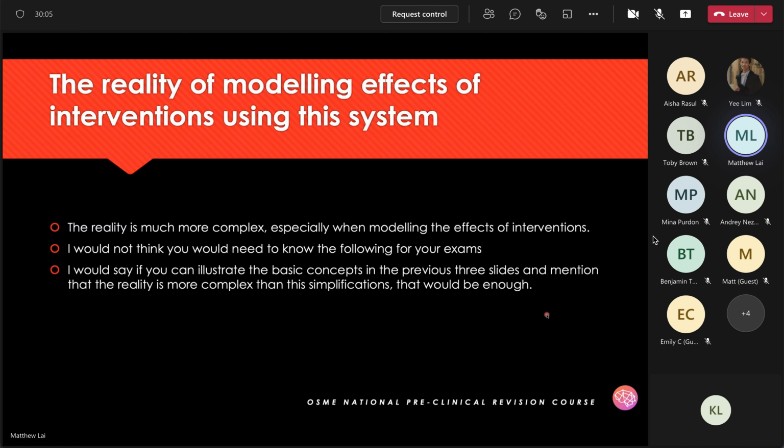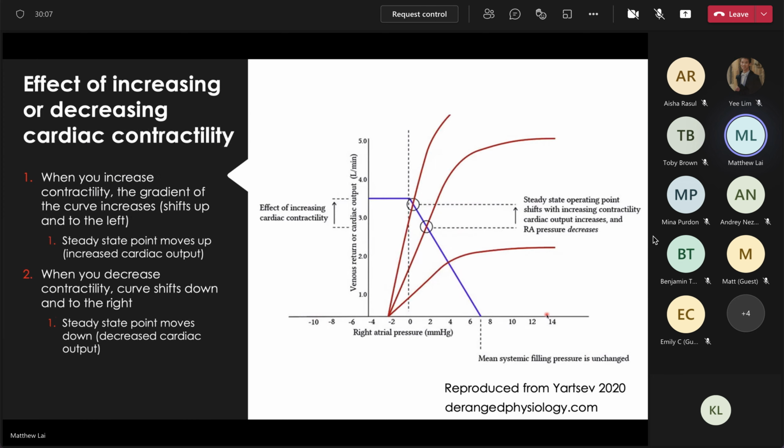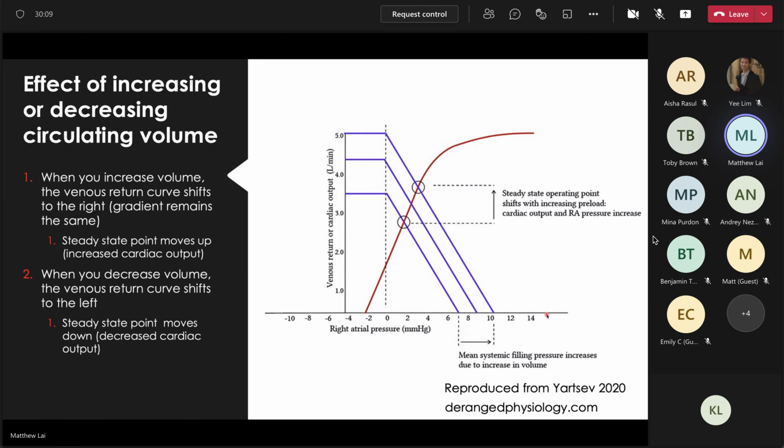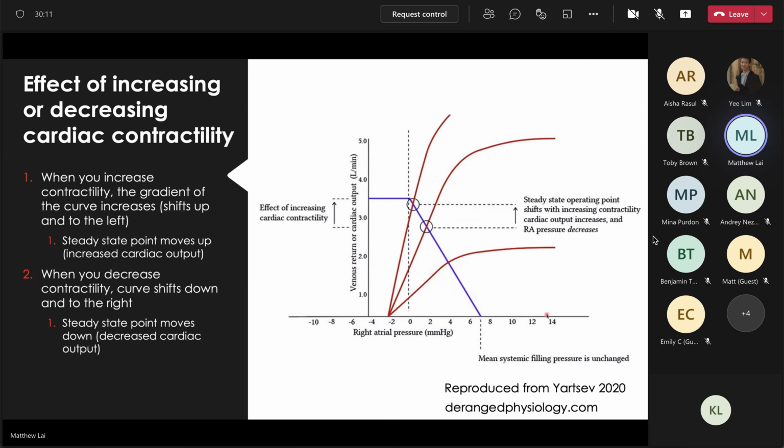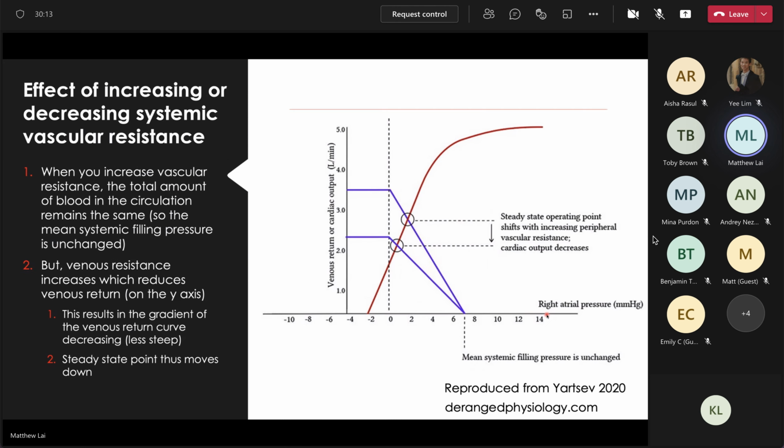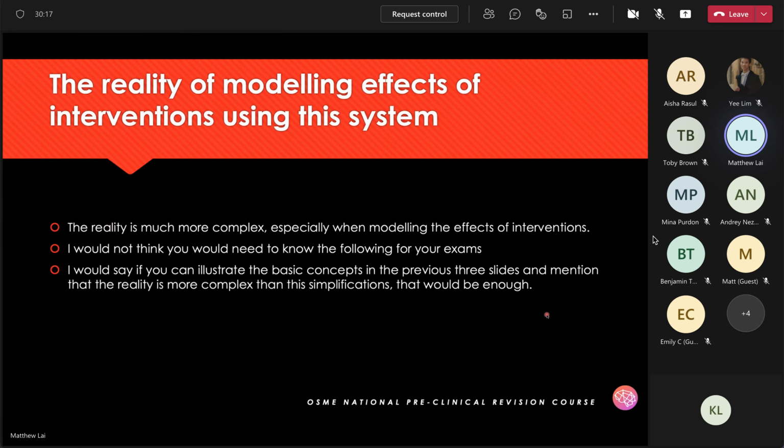So this slide here, we remember our 3 basic changes that we can do. We can change volume, we can change cardiac contractility, we can change vascular resistance. But as we know, reality is a little bit more complicated, and this can sort of affect how we model the effects of interventions. So I don't necessarily think you need to know the following for your exams, but